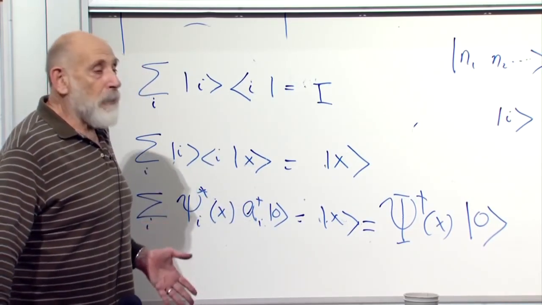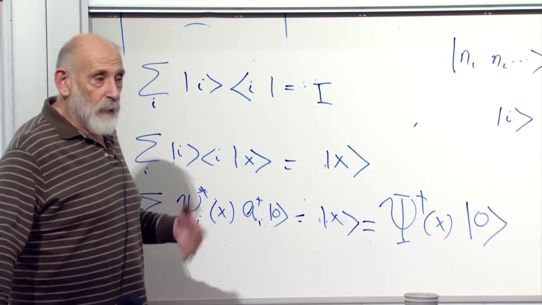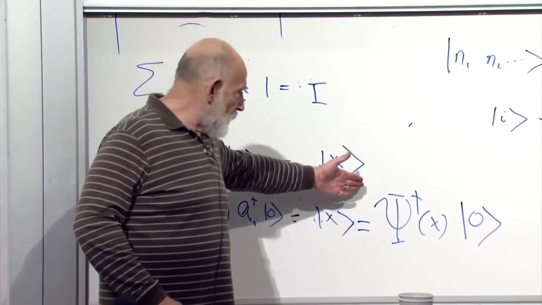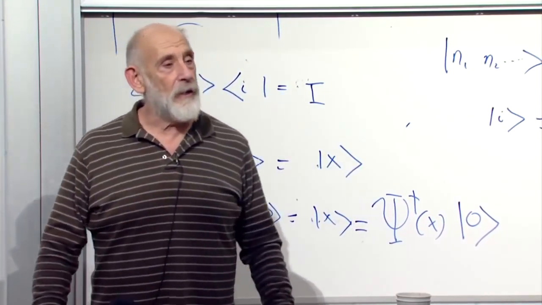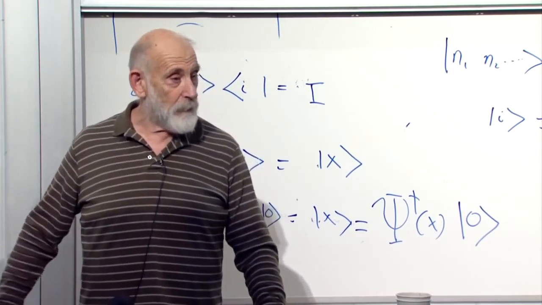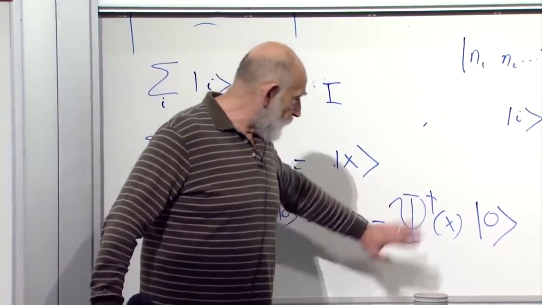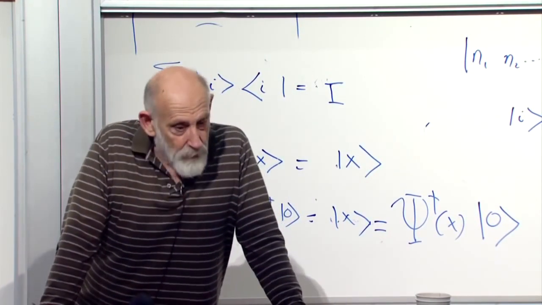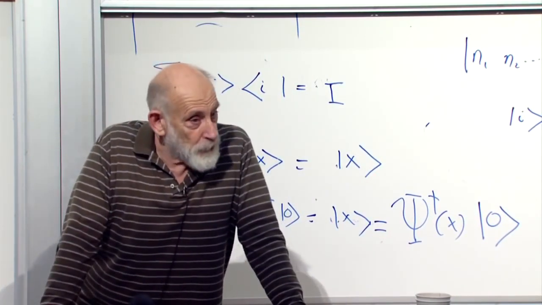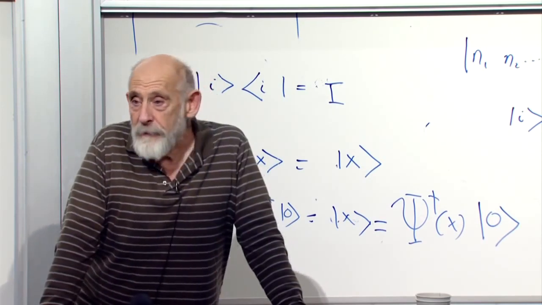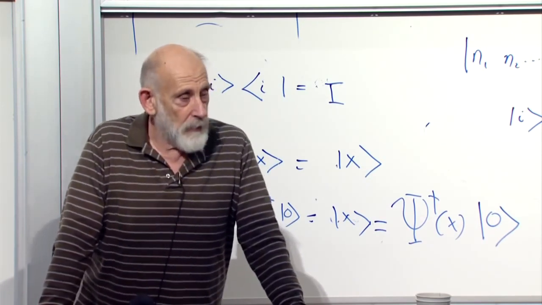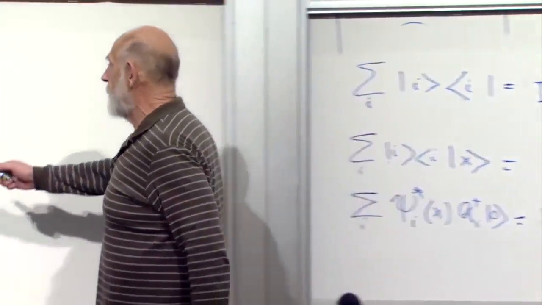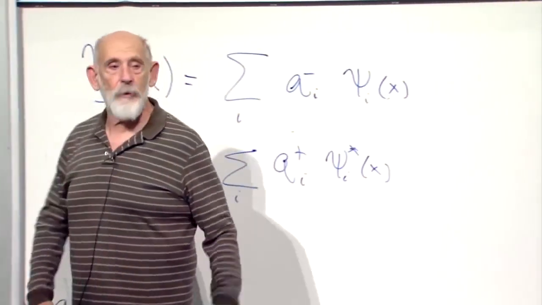What if we wanted to create another particle at position y? Well, it's not too hard to work out, but what do you expect? You expect just hit it with the field operator. We'll call this the field operator now, or the creation field operator. We just hit it with another psi dagger, but at position y. So whatever the state is, if you want to add a particle at a particular location, that's the job of the quantum field.